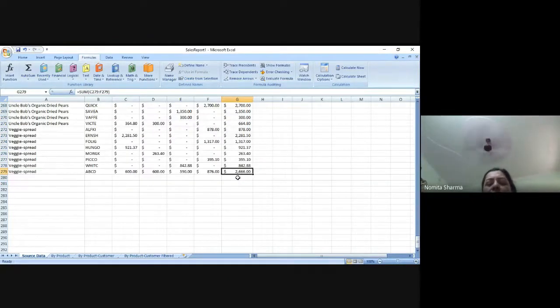Right? So you can see that this has actually given you the total of the sale made by these individuals in these particular products, right?